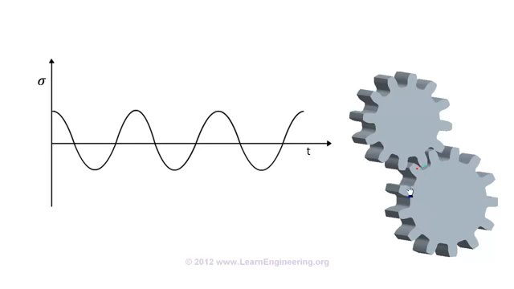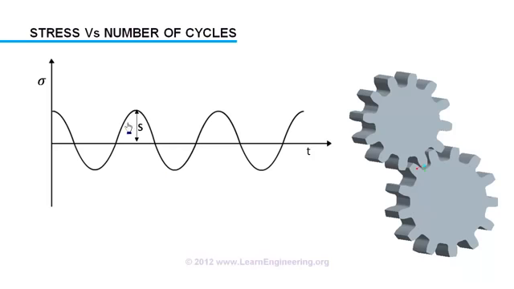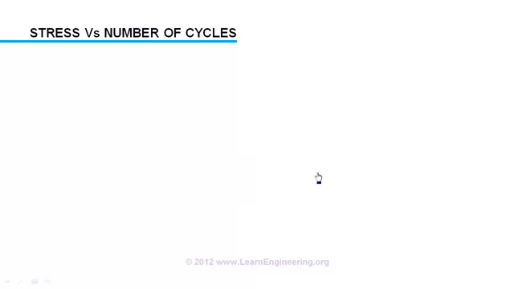Now, the most important part in fatigue analysis: the relationship between stress amplitude and the number of cycles it can execute before it fails. What will happen as stress amplitude decreases? Yes, you are right. As stress amplitude decreases, the number of cycles required for failure increases. Anyway, we will analyze this trend more systematically. We will draw the number of cycles on the x-axis and stress amplitude on the y-axis, both in logarithmic scale.